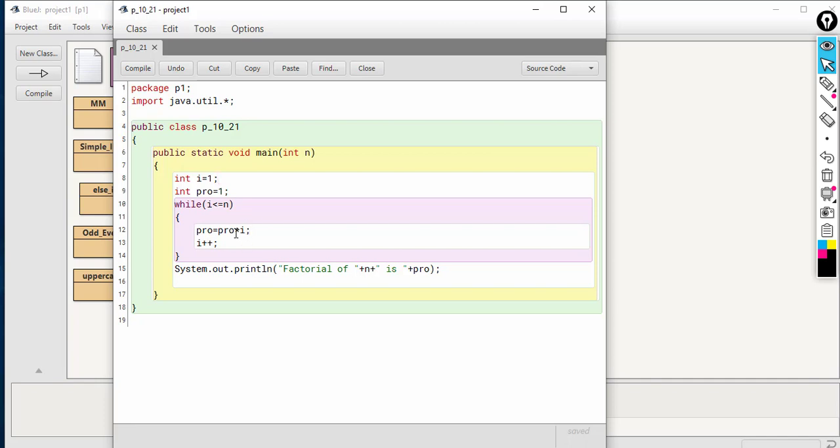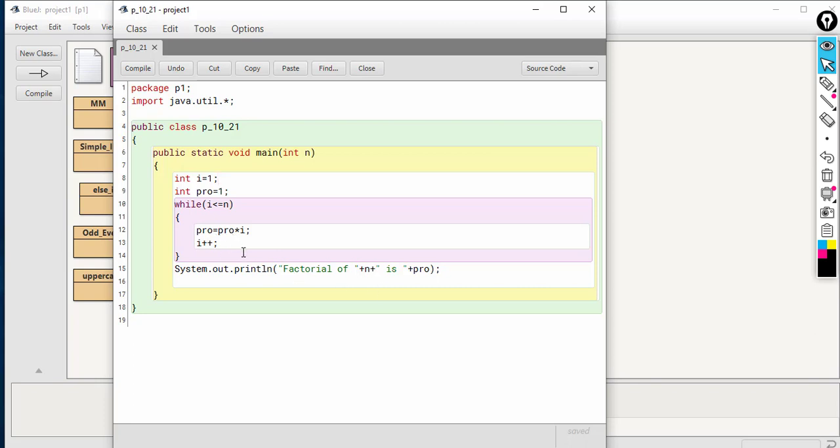Only then can we multiply the values of I n times, isn't it? So what is the body of the loop? pro equal to pro into I. In each iteration of the loop, the value of I varies from 1 to n. In each iteration, the value of I is multiplied with pro, and that result is stored in the variable pro only. Then we are incrementing the value of I.